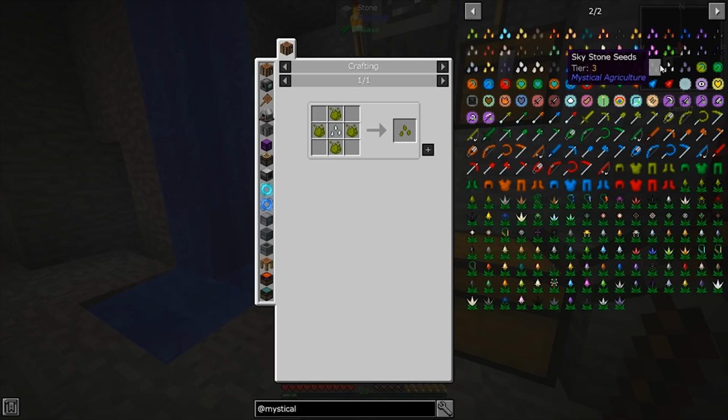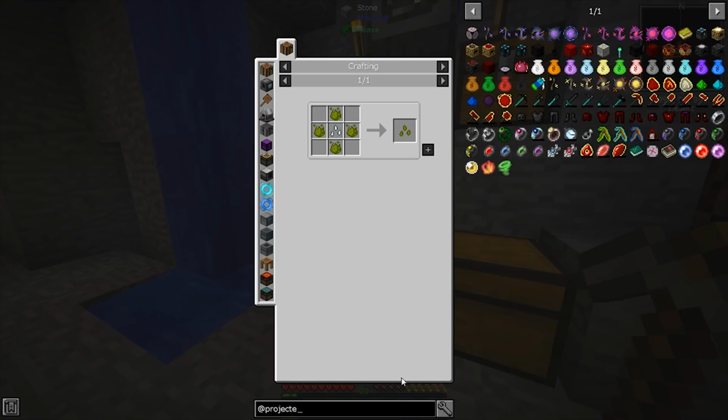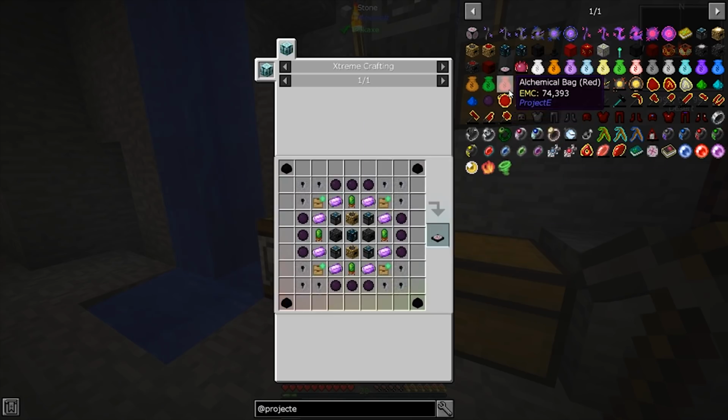I am not 100% sure, but it makes sense to me that this would eventually help us get to Project E, which of course is going to be all this stuff involving EMC and spawning shenanigans, blah, blah, blah. So this is where we ultimately want to be, like I said a million times before. But